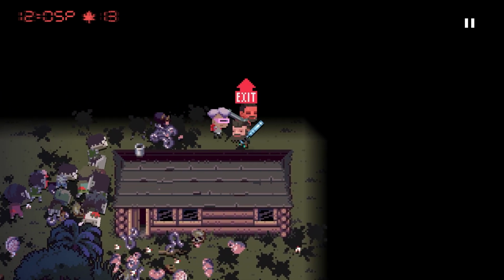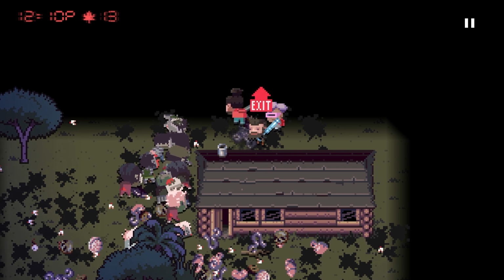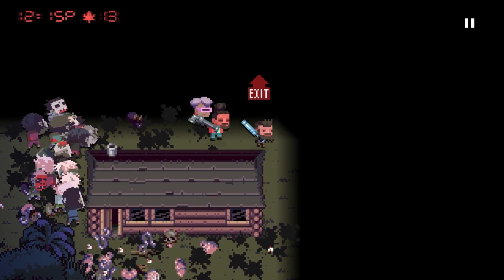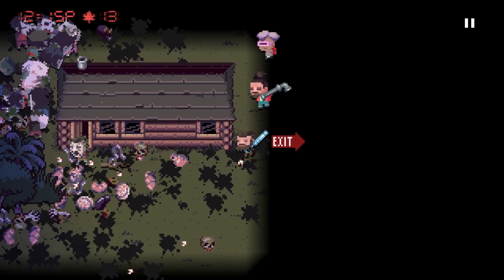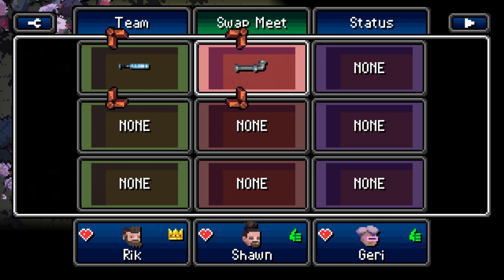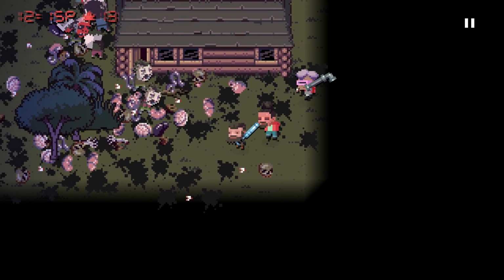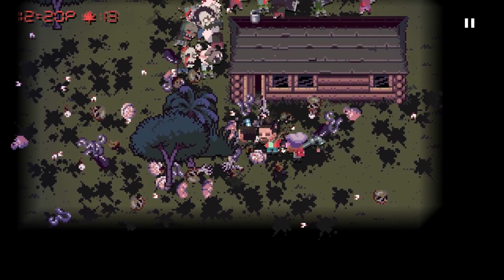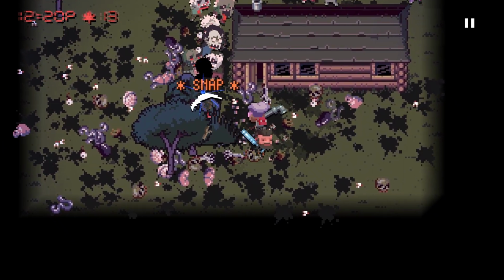Good job, Sean. Sean's getting pretty tired because he isn't as tough or fit as me or Jerry. But you know what? He's still kicking butt. You know what I'm going to do, though? Actually, Sean... Yeah, I'm going to go swap meet real quick. Sean, why don't you give that to Jerry, since Jerry is tougher. She'll probably be a little bit more efficient with that pipe than you are. Don't mean to cast shade, but it's probably...